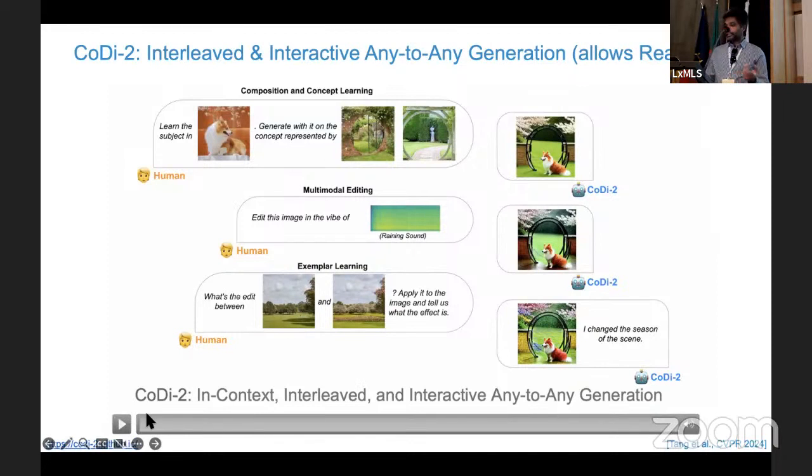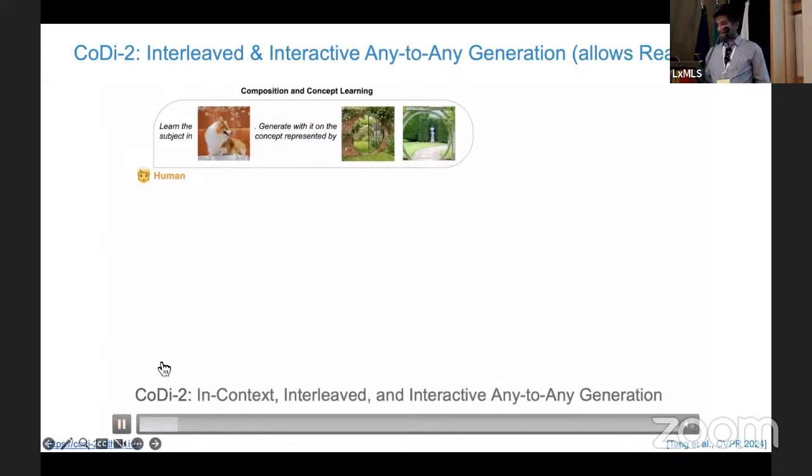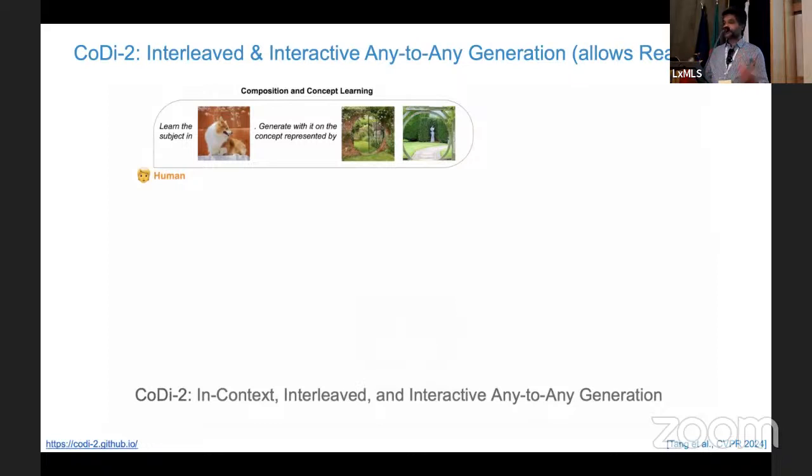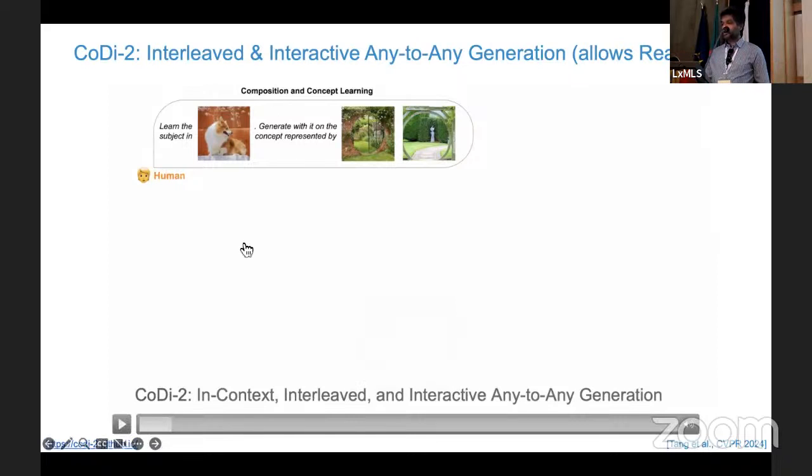This was recently at CVPR this summer. Let me give you only a demo for this one. The first input could be that the human interactor is giving a bunch of images and a storyboard, with audio clips, images, and text pieces, and you're trying to create a new complex multimodal story with it. So you can say, learn the subject in maybe your favorite pet dog's photo, and then generate it with the concept represented by some photos that you found on some vacation, with a circular arc. Then it will try to have the same background as the image.